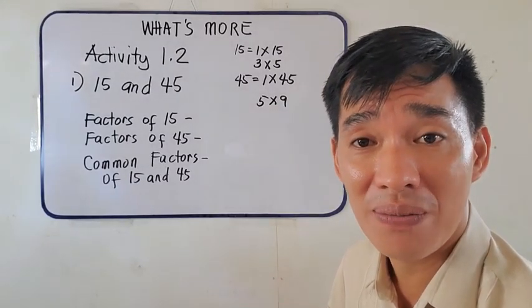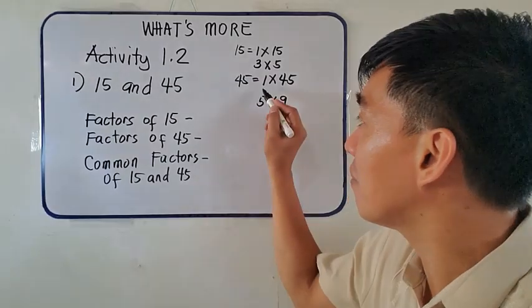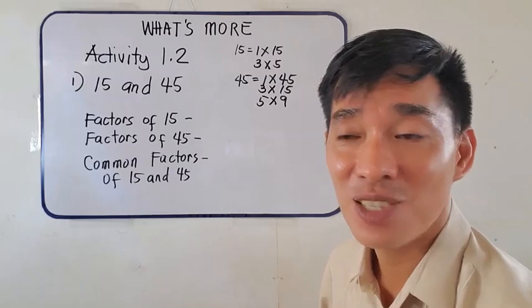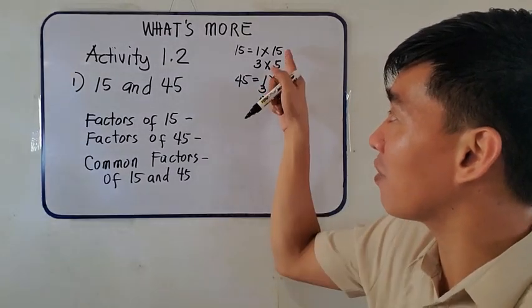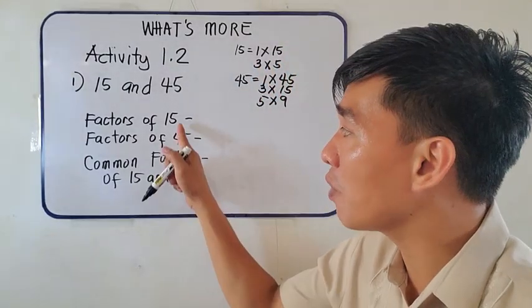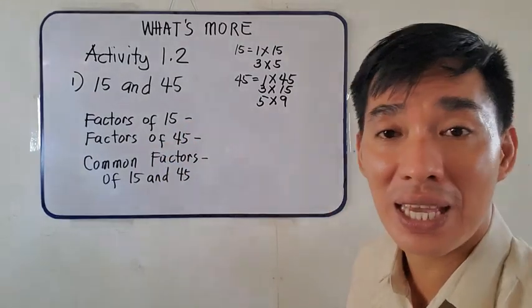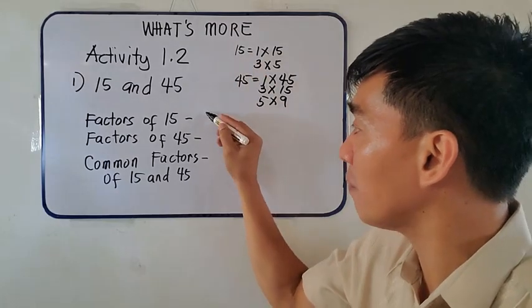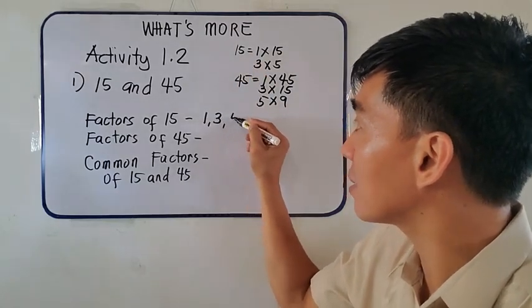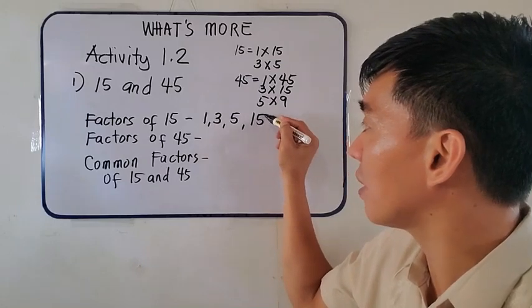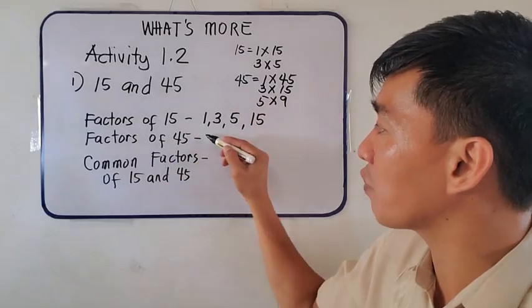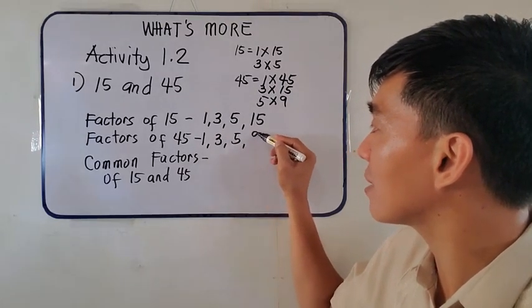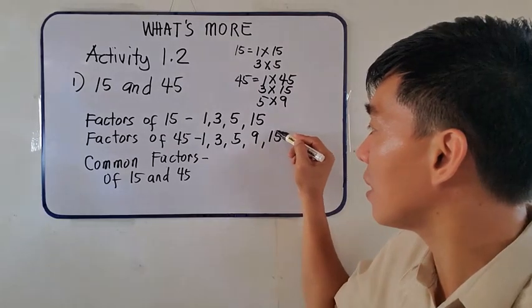Do we have more? Exactly. We could also have 3 times 15. So these are the factors of 45 and these are the factors of 15. Now I will arrange the factors of 15 in increasing order from smallest to biggest. So that's 1, next is 3, next is 5, next is 15. For 45, the factors are 1, 3, 5, 9, 15, next is